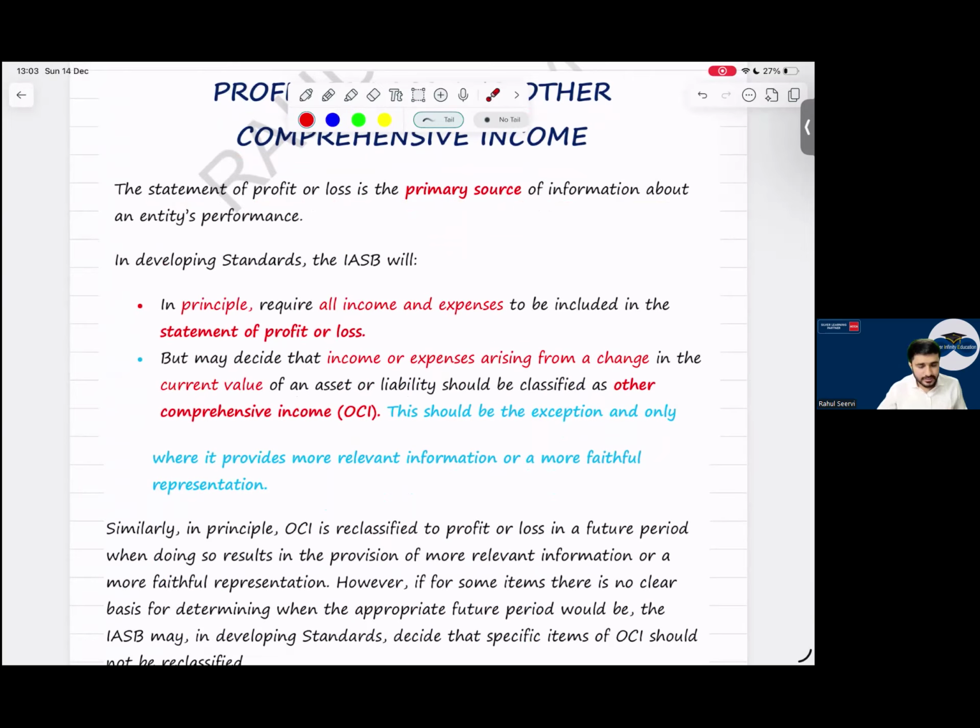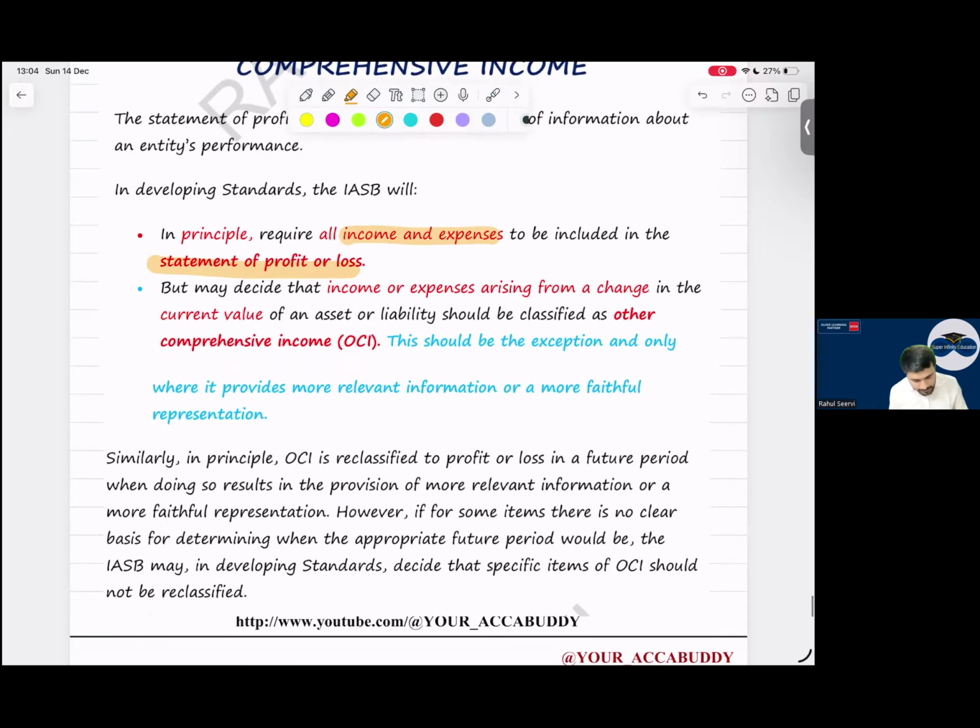Then, in developing standards, the IASB will, in principle, require all income and expenses to be included in the SOPL. Yes or no? They are saying that, principally, each and every item of income and expense should be recorded in P&L, because P&L provides the entity's performance. But the IASB may decide that income or expense arising from a change in the current value